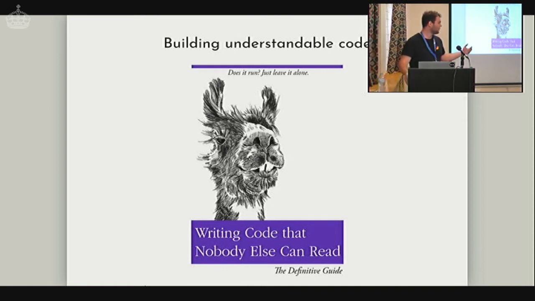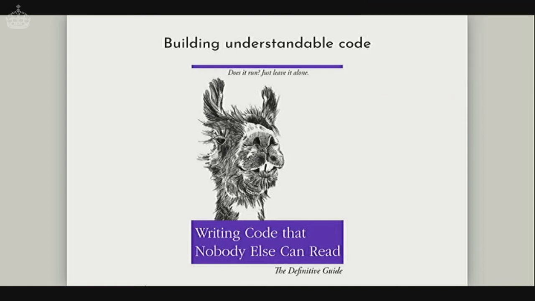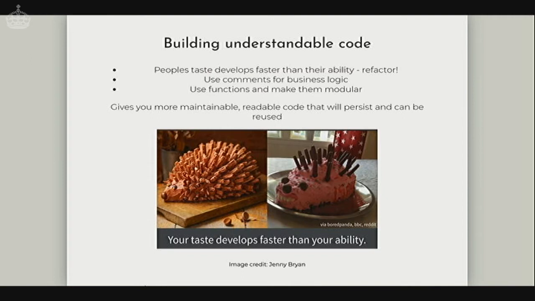So I don't know if anyone enjoys these fake O'Reilly books, but I'm quite a fan. A big piece on it is building understandable code. It comes down to this piece around code smells and feels, which, if you come across it, is a philosophy of how you might refactor your code or how you build your code,